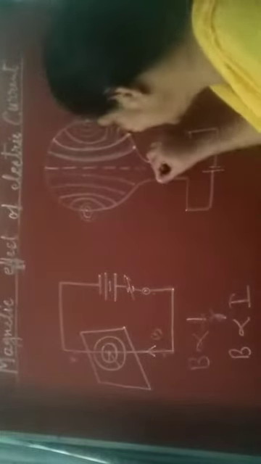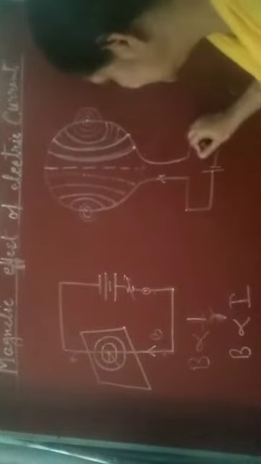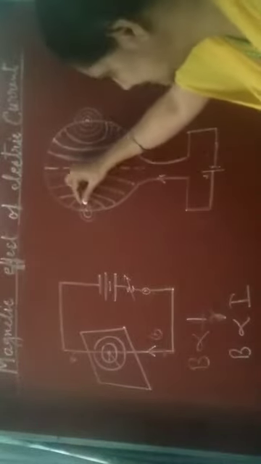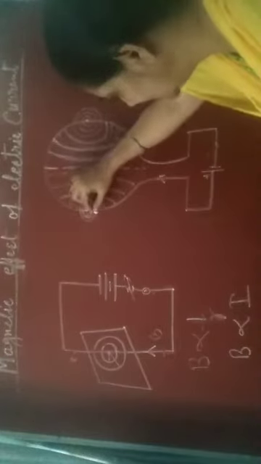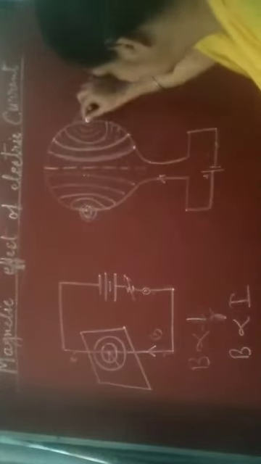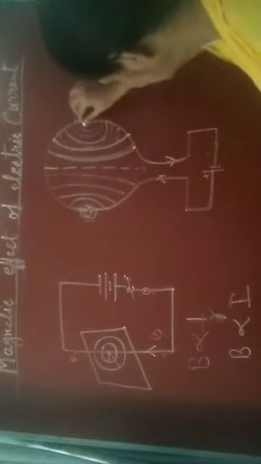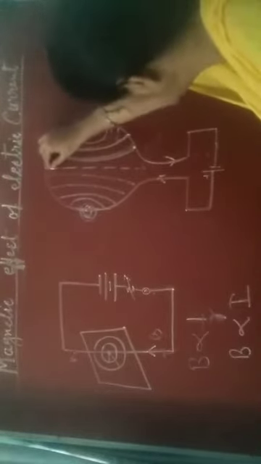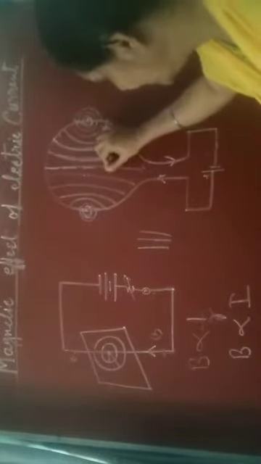Now second, when the conductor is in the form of a loop. Let us say here is a loop and we are passing electricity through this loop. When we pass electricity through this loop, you can see concentric circles are formed here because this behaves as a straight conductor. Here also it behaves as a straight conductor. But at the center you can see it is a straight line. A straight line shows uniform magnetic field, and the magnetic field is very strong here, strongest of all the parts, at the center. Why? We will discuss one by one now.